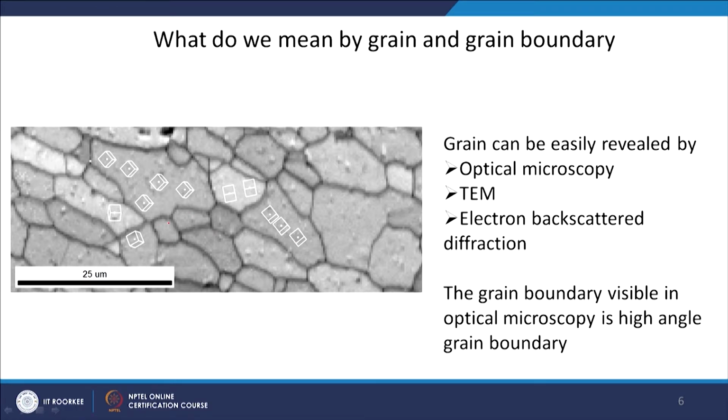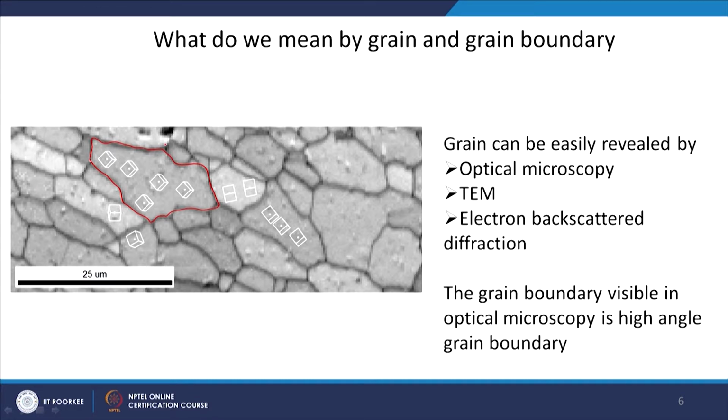So, what is a grain? The grain is something which is surrounded by only the high angle grain boundaries. So, I would say that all these are my high angle grain boundaries, and if a portion of the microstructure is surrounded by a high angle grain boundary, I would call it a grain. And what happens in the grain? Why do we separate these?